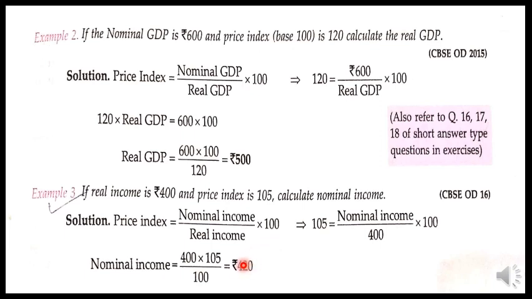Why? This is a higher value than the real income because of the price index, which has risen. There is a 5% change in prices which is on the higher side. That means a 5% increase in price has led to an inflated value of the nominal income. But for the same level of output, the real income is just 400. So we say nominal value is the monetary value of the output of goods and services, and real value shows the real growth in the economy.